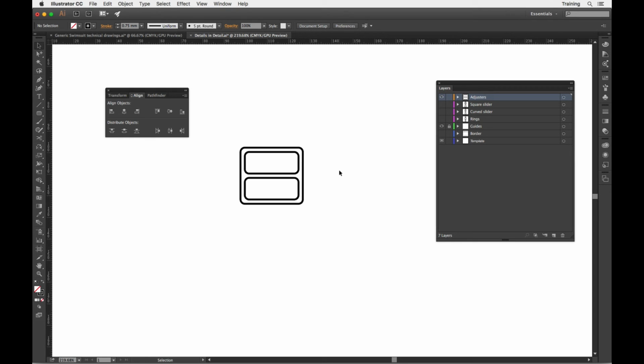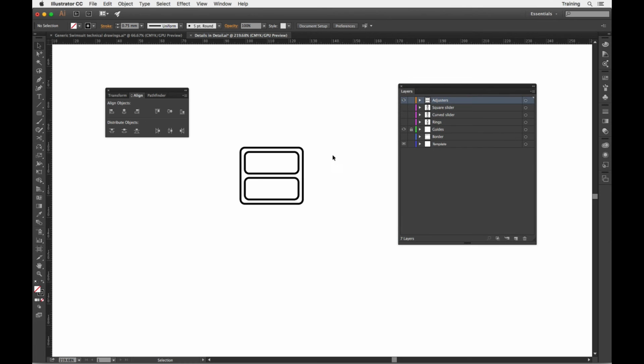So the final thing we need to do, which we did with our ring in the earlier video, is to make this into a shape that actually has holes in the middle. Now you just got to be a little bit careful here. I'll just ungroup those 2 there. If you want to punch or knock objects out of another object, make sure that the one that's doing the punching is on top. So I've got my lower and upper rectangle, and then underneath that, on the 3rd level down on that layer,